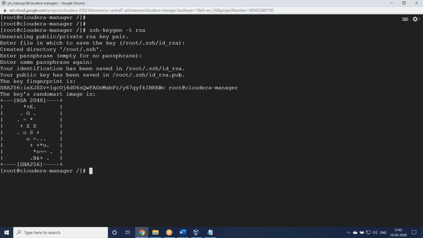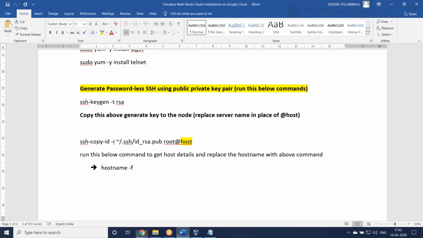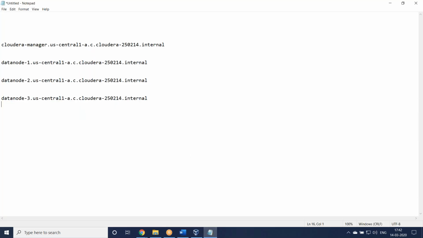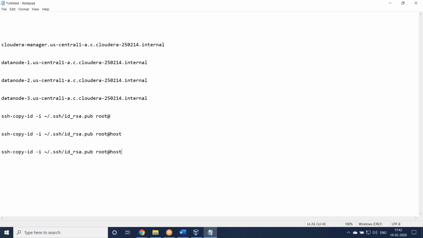So this key from this server will be copied to all other servers. Let us see. The copy command is here, you see. I'm going to copy it, and instead of host name, you can change it to copy to the remaining hosts.